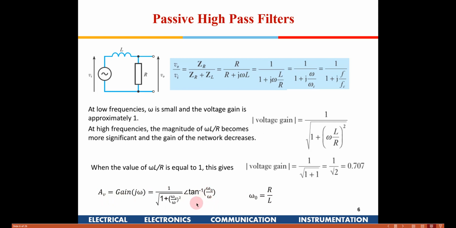So again it will work just like a high pass filter, which we just discussed in the previous slide. The entire response will be the same, only that the omega 0 frequency will now be defined by this equation. Rest of the things remain the same. So this is how we can implement a high pass filter with an RL circuit.